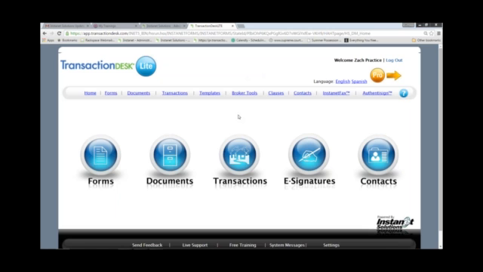And just to reiterate, we're going to take a look at this counter offer situation demonstration as the listing agent representing a seller who received an offer from a buyer's agent. So what I'm going to do with that